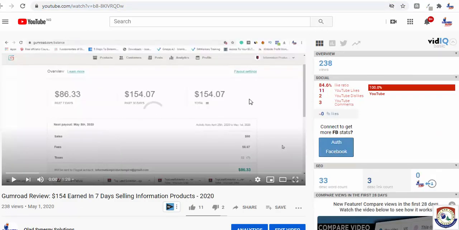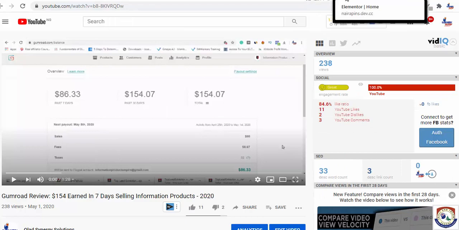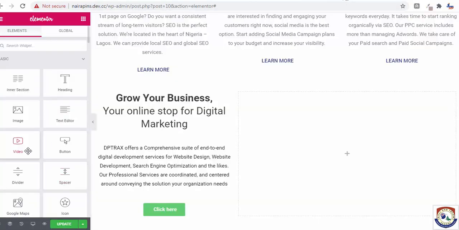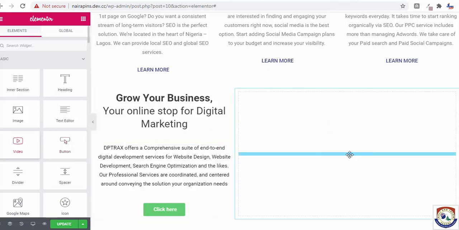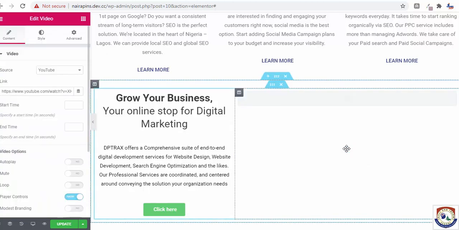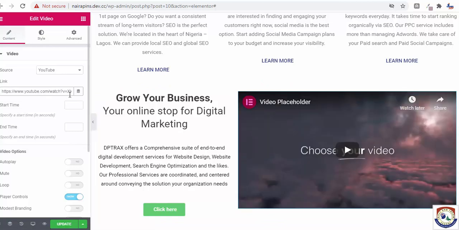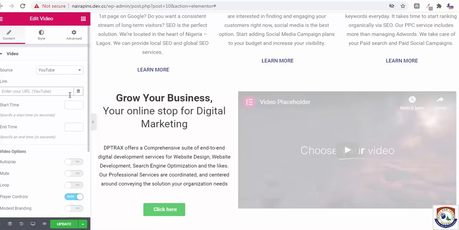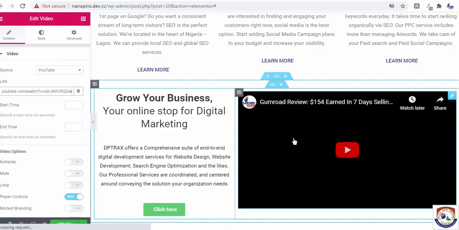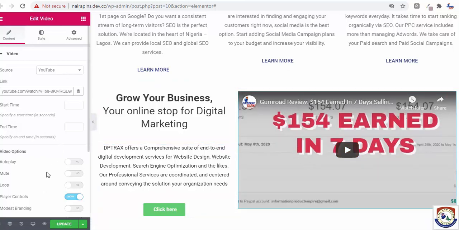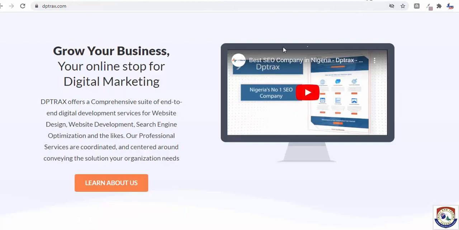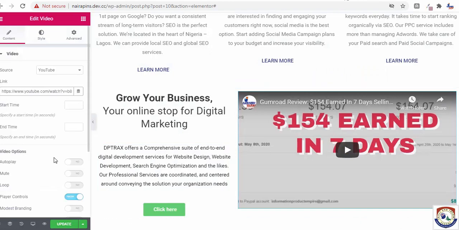So once you copy that video, you go to our Elementor. You drag this video element to it here, and you are going to change this link. Change this link to this YouTube link, Ctrl V. So you change that link to our own. So that is good. Now let's see if Elementor really has this kind of computer displaying this video. Now let's see.